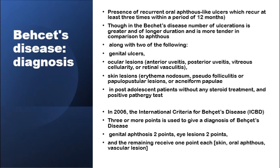Diagnosis of Behcet's disease can be based on recurrence of Aphthous-like ulcers at least 3 times within a year. These ulcers will be more like the major type of Aphthous ulcers, large ulcers, deeper and with longer duration. They are also more tender. Along with 2 other